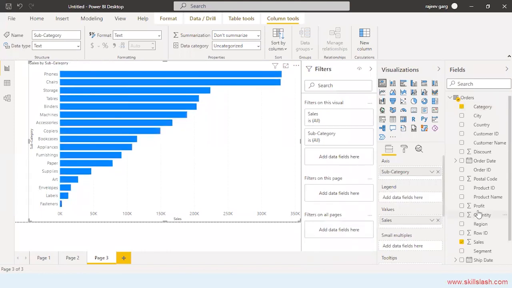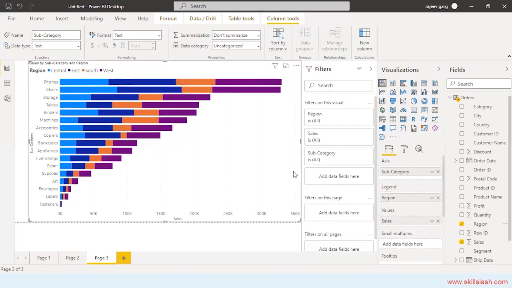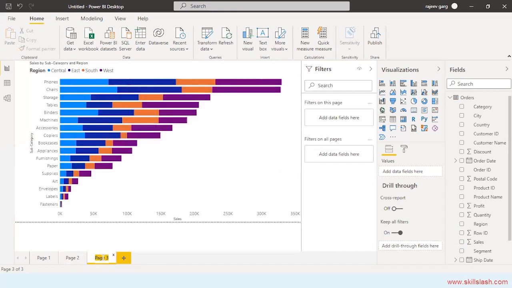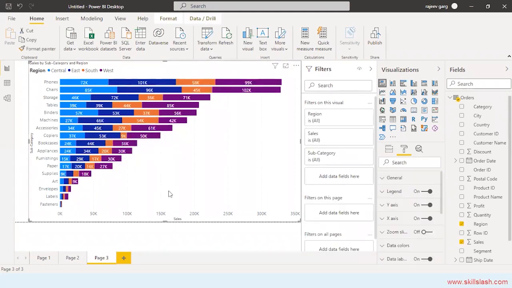Or what if we put region into the legend? So here it is. You can say this and the previous visual are the same. The only difference is a horizontal and a vertical chart. So this is a stacked bar chart.